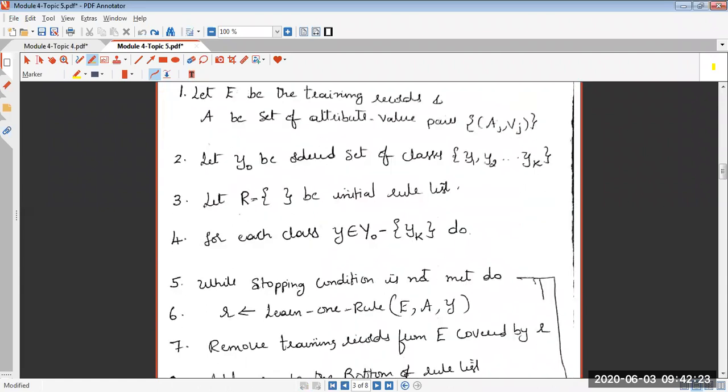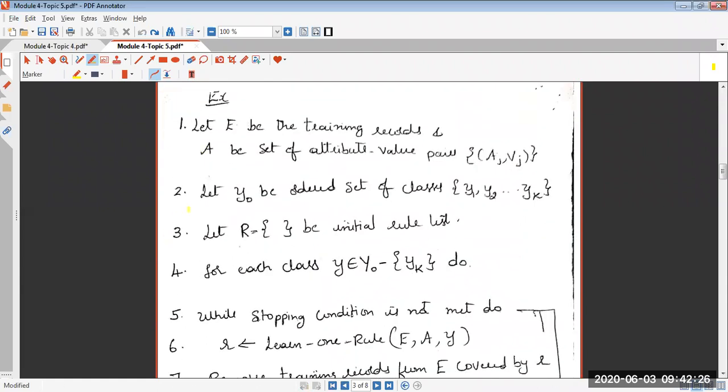Yes, this is the algorithm. Now, what is the first step in the algorithm? One more point you should observe: the database will be used for training. This means the sequential covering algorithm is a supervised classifier. The database from which rules are constructed is a previous observation, historical data.